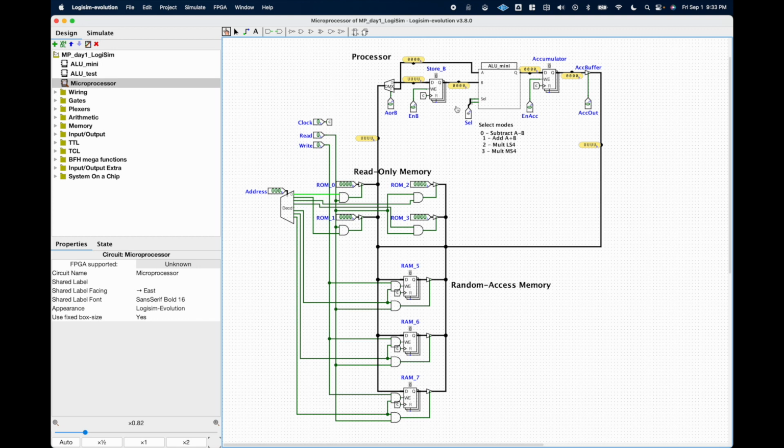The processor is what controls the operations to be done, like selecting registers or performing operations within the ALU. ALU stands for Arithmetic Logic Unit. The ALU performs tasks, and we can think of that like a calculator. You can see some of its functions here: 0, 1, 2, 3, subtract, add, multiply, and multiply. And finally,